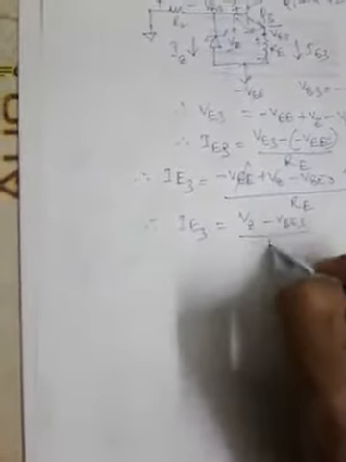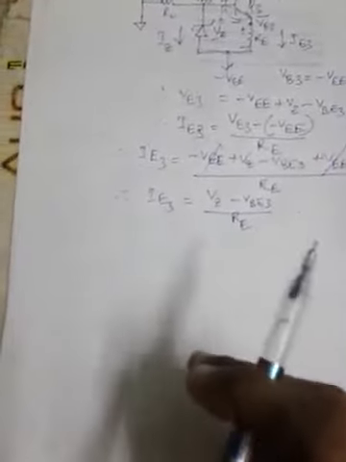Now the value of R2 should be so selected that I2 is having some relation with the minimum current required to cause the Zener diode to conduct in the reverse region, because otherwise there will be no current Iz through this circuit, and the desired thermal stability will not be achieved. So therefore there must be some relation between I2 and the minimum current required for the Zener diode to conduct in the reverse region.